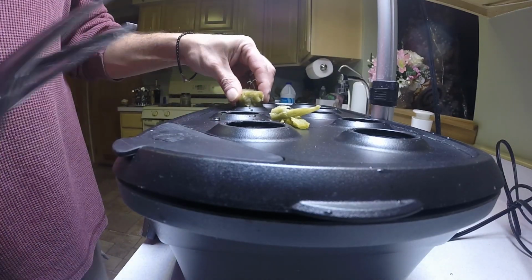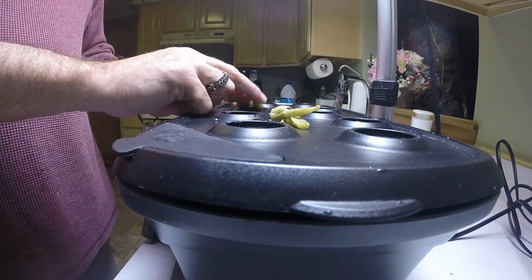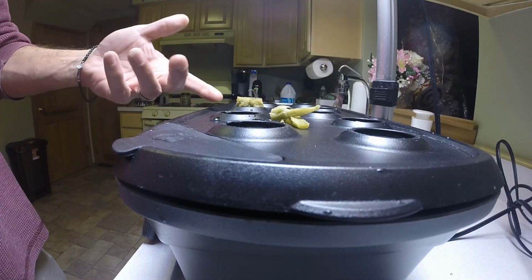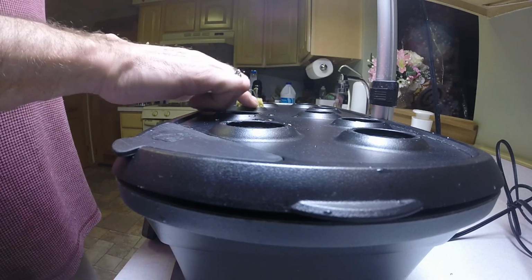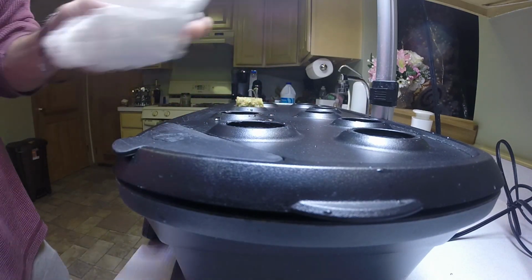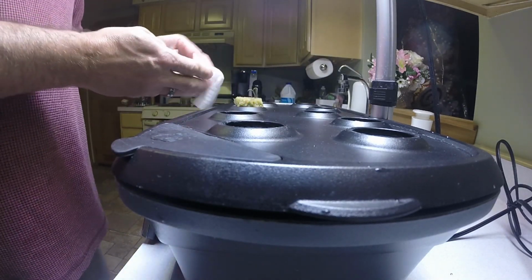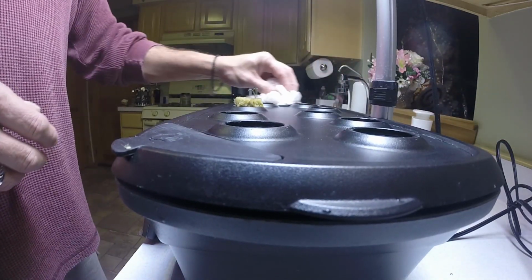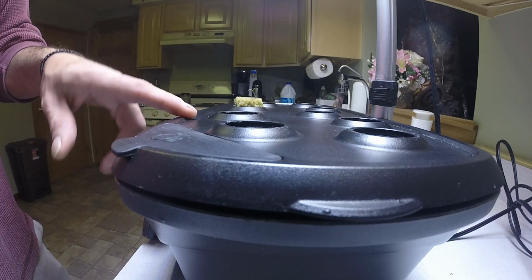And these actually fit right in the Aerogarden. Just like that, nice and snug. And that's how I did the pepper. The one I pulled out was just like that, and you saw how big that stalk was. So it's plenty strong enough to support it. So that's actually how I grow that, so I don't actually have to buy the Aerogarden pods, unless I'm going to buy specific things to grow from Aerogarden. But you don't need anything other than the 1.5 inch rock wool cube, which fits right in there. Okay, just going to dry it all up, fill it with water, set it, and let it go,